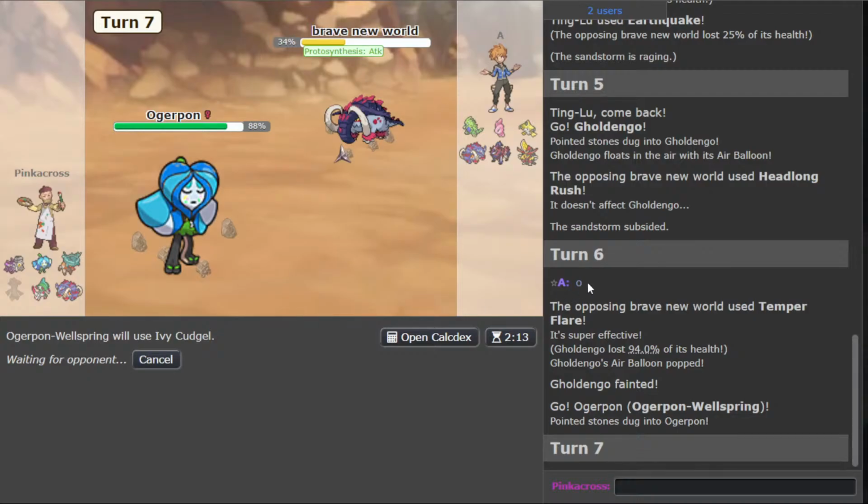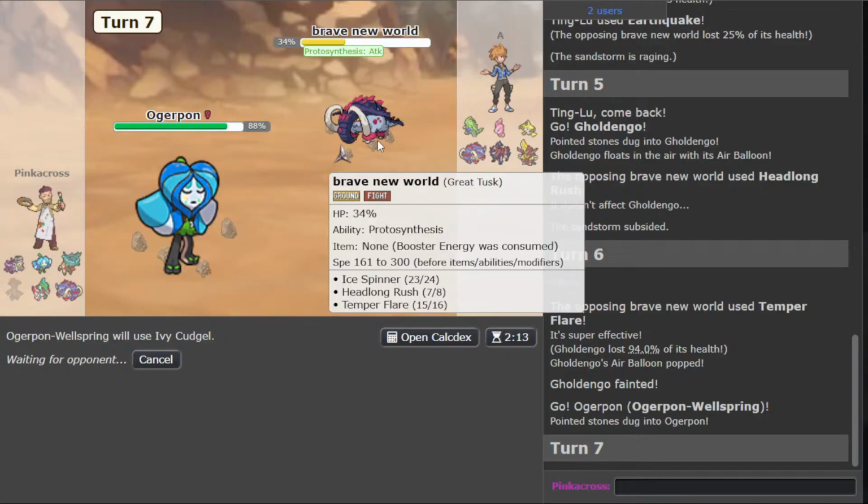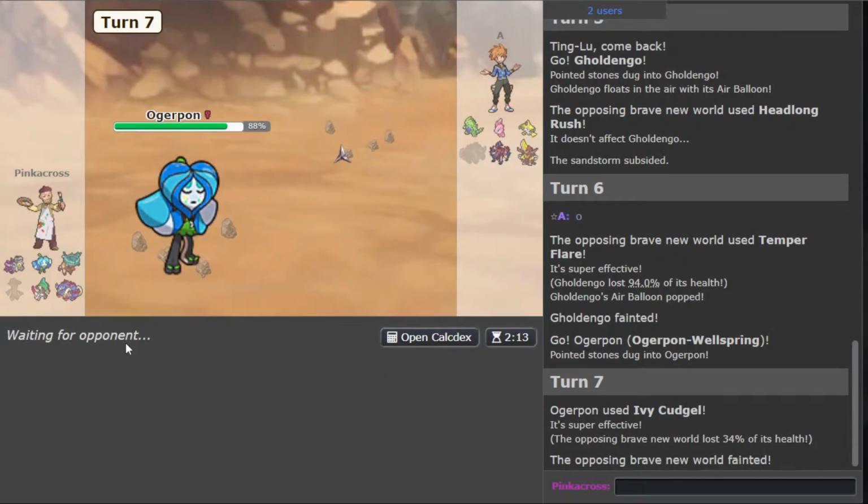I think that O was kind of like an in-chat bait, honestly. I think they knew what they were doing clicking that. I didn't expect it to be Temper Flare. I got got. We got got, guys. But Goldengo dead is honestly not the end of the world. It was good, but not, like, crucial here. And,